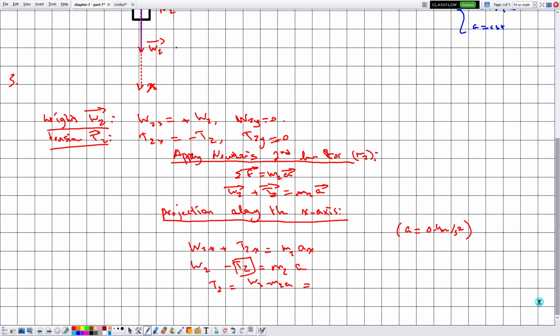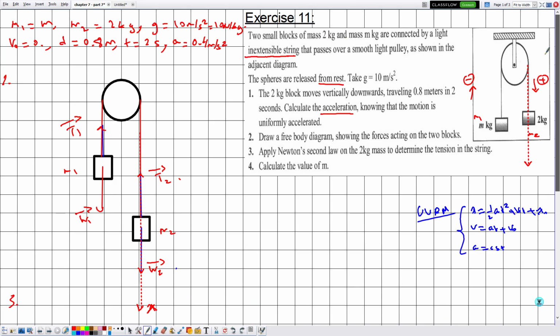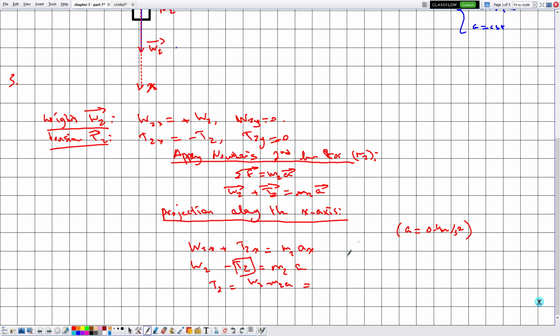Now here we expect that the value of T2 must be positive because the direction that we have chosen for T2 is correct. Now W2 is given by M2 multiplied by g, minus M2 multiplied by A. Taking M2 as a common factor, it is g minus A. So T2 is equal to the value of M2, which is 2, multiplied by 10 minus 0.4. Plugging this into the calculator, then the value of the tension is given by